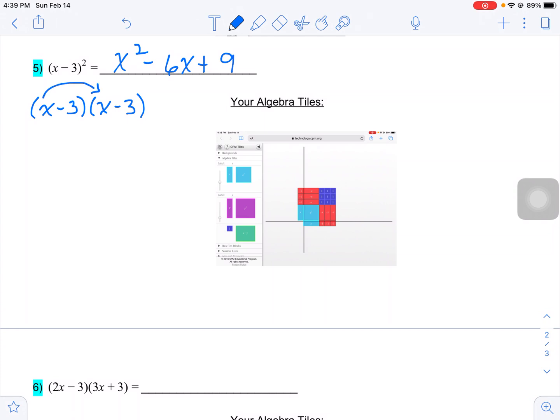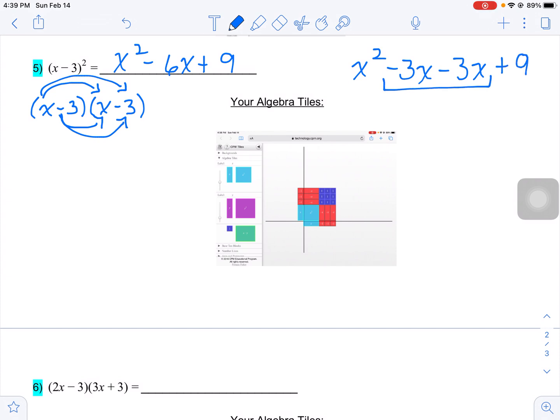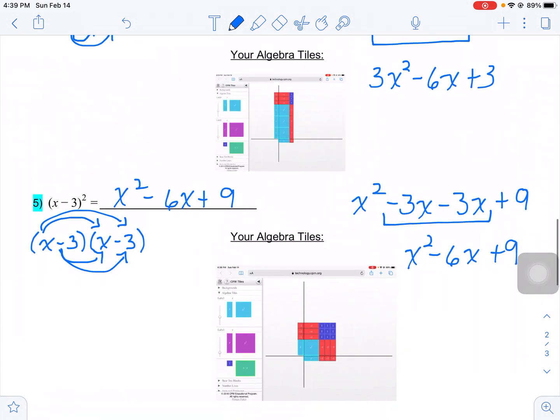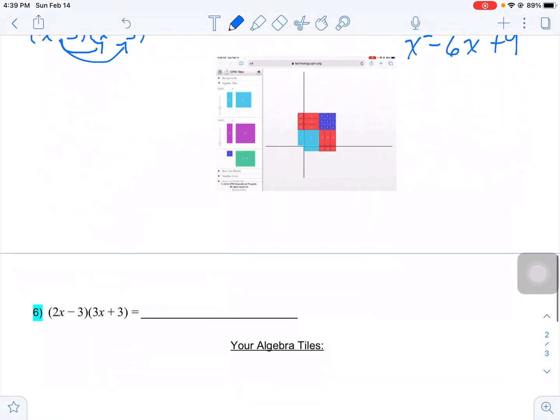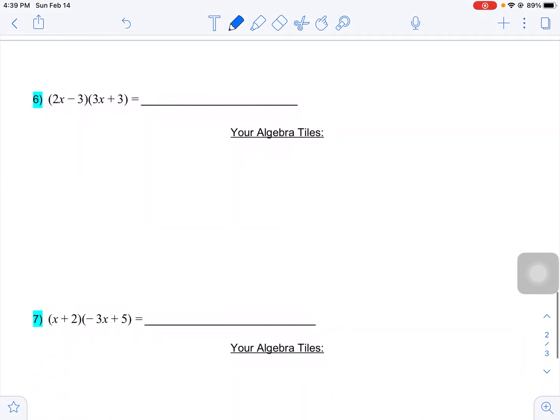X times x gives you the x squared. X times negative 3 gives you a negative 3x. This negative 3 times this x gives you a negative 3x. And this negative 3 times that negative 3 gives you a positive 9. So these two terms combined give you a negative 6x. So we have x squared minus 6x and then plus 9. So it checks out. With the last two, I think we should try multiplying them without the algebra tiles and